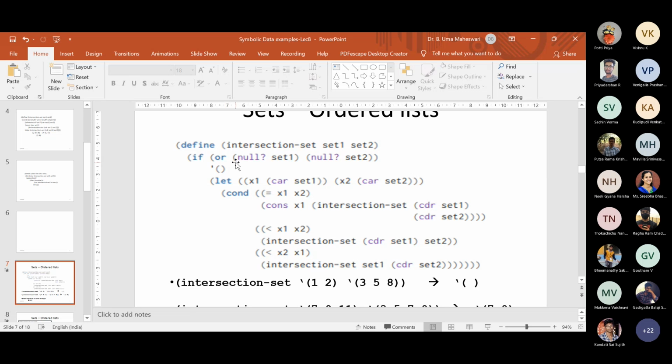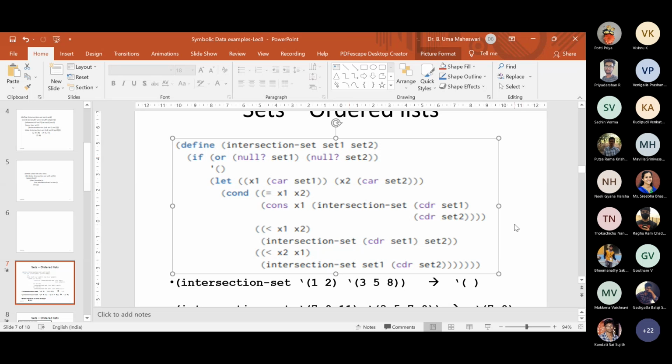There is no change at all. And the second thing: in the ordered case, we should be a little bit careful when moving the pointers in set 1 or set 2. You have to check which one is lesser, which one is greater.